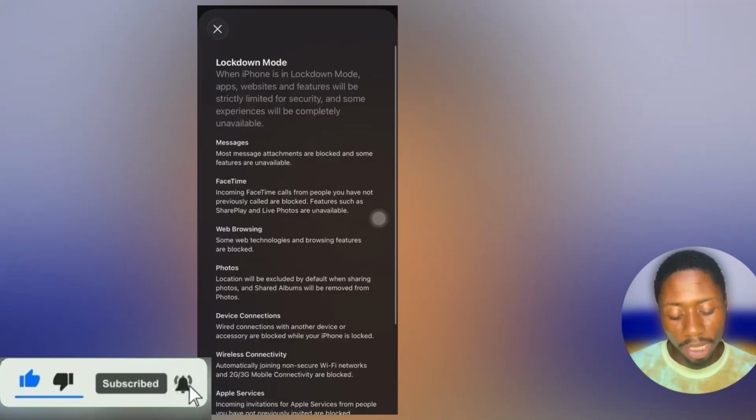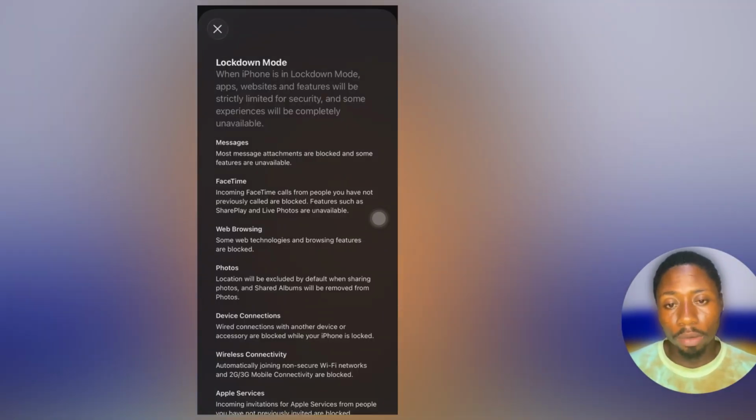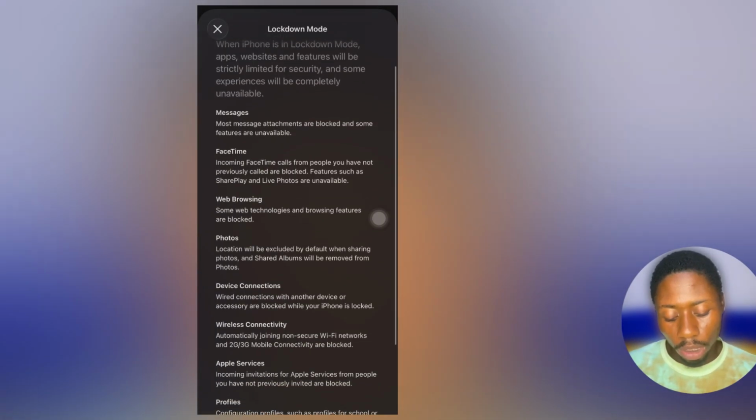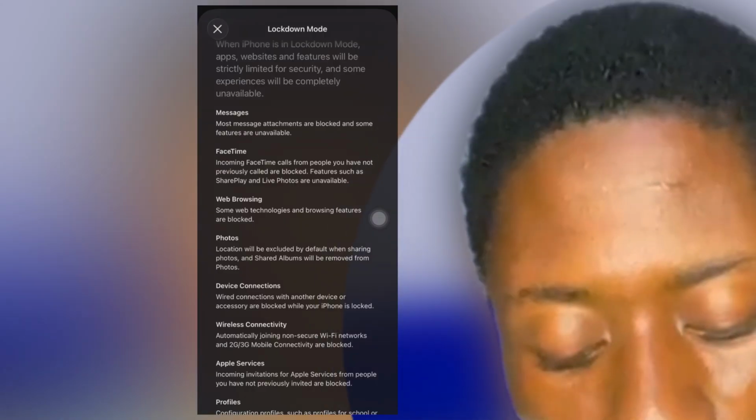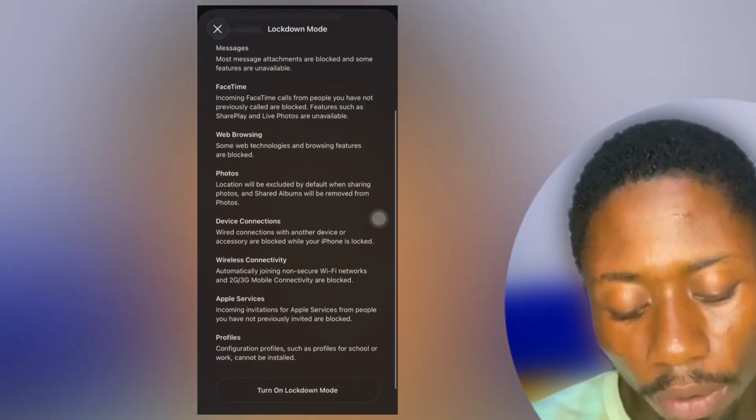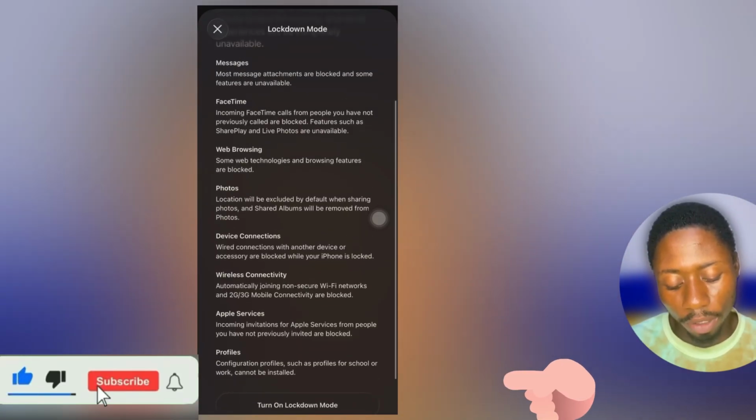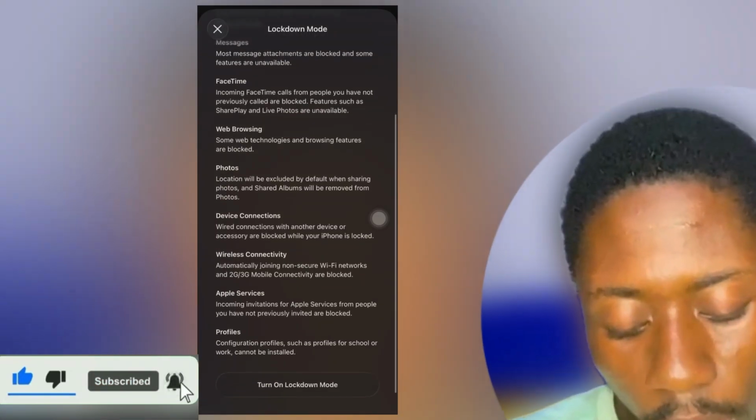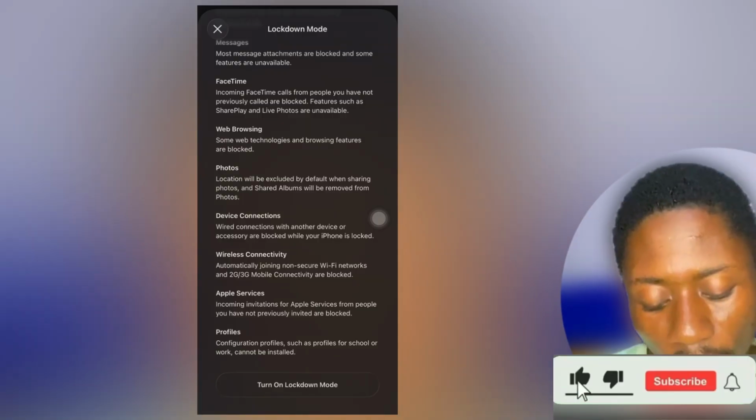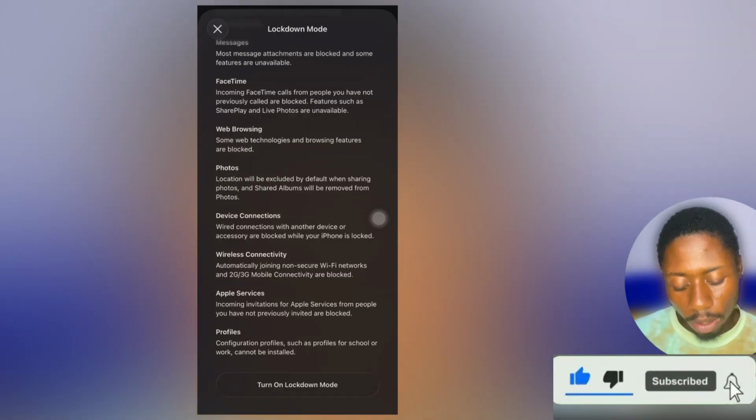Let me try clicking on the settings and see lockdown mode. When you click on it like that, you'll see this. You can see lockdown mode. Under lockdown mode, you will see the blue words, turn on lockdown mode. When you click on it like this, this is how the setting is going to run on your iPhone. They said most message